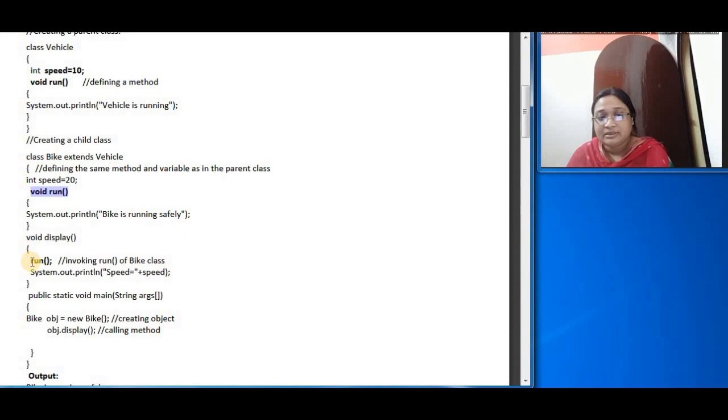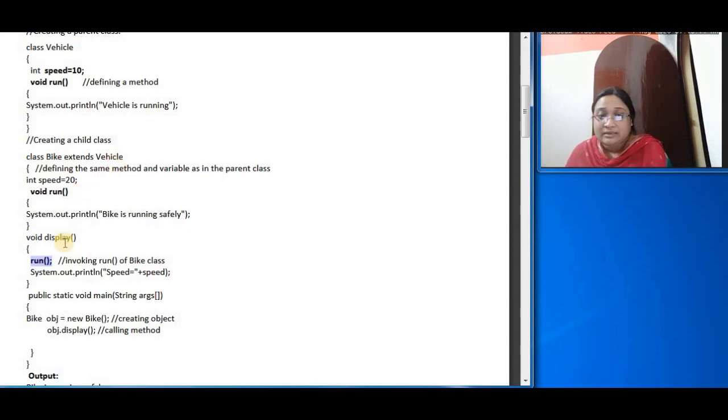Now here comes the confusion: which method will be called? The base class has a method named run, and the derived class also has a method named run. As we know, when a derived class extends the base class, it can use all the features of the base class.